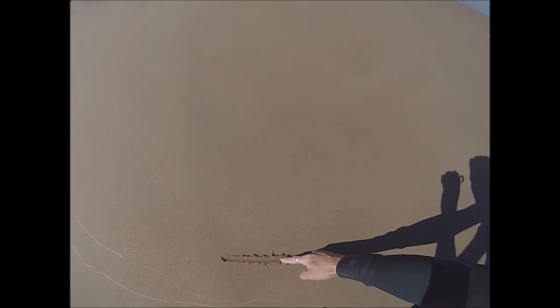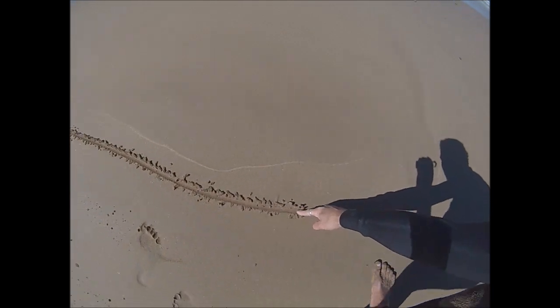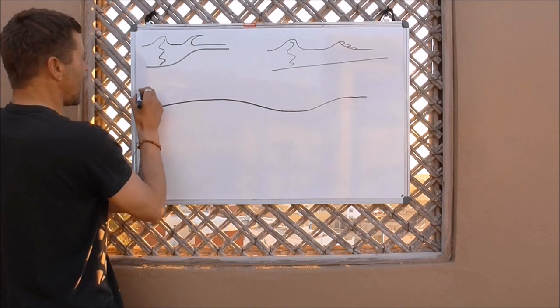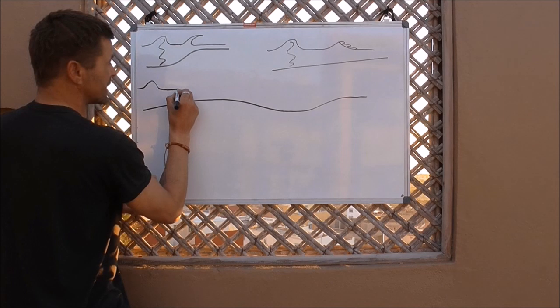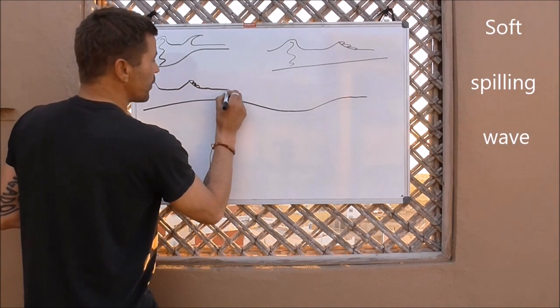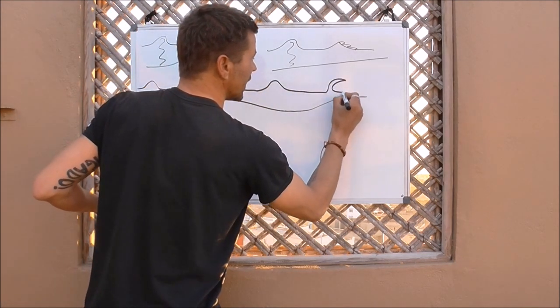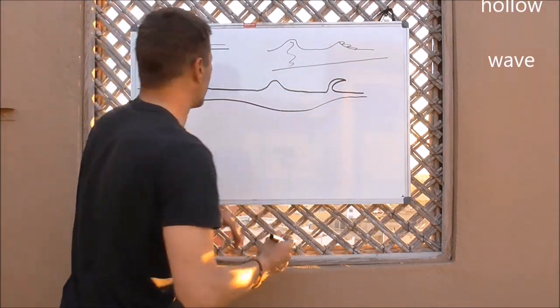What if your beach doesn't come up in one nice even transition? What if your beach comes up very softly here, only to fall away here, only to come up very steeply on the inside? Meaning that out here you would have waves coming in, and as they come in they would catch on the soft transition of the beach and you get a nice soft spilling wave. But then as it passes through this deep water channel, it will reform and then break very violently where it hits this steep transition to the beach, giving you a hollow dumping wave.